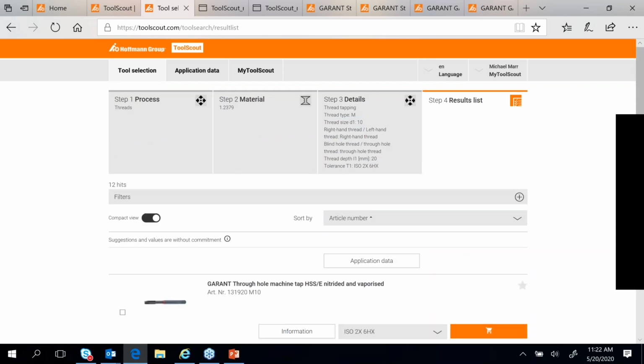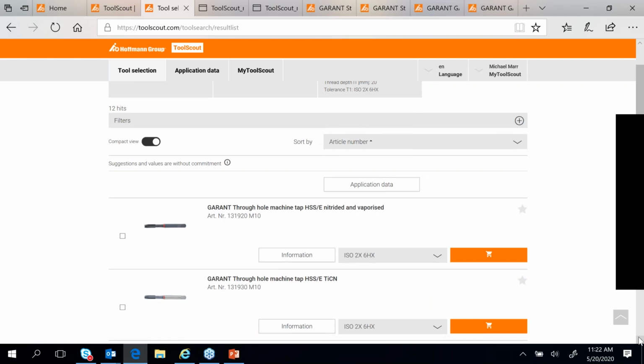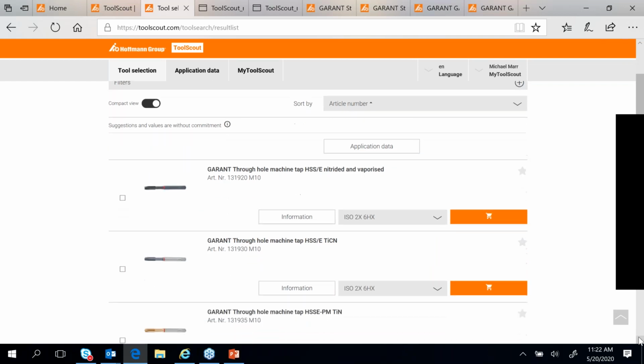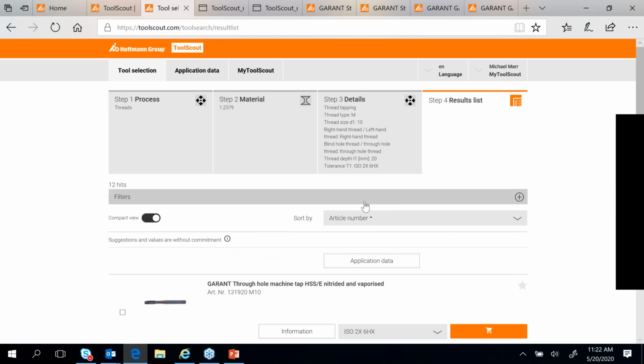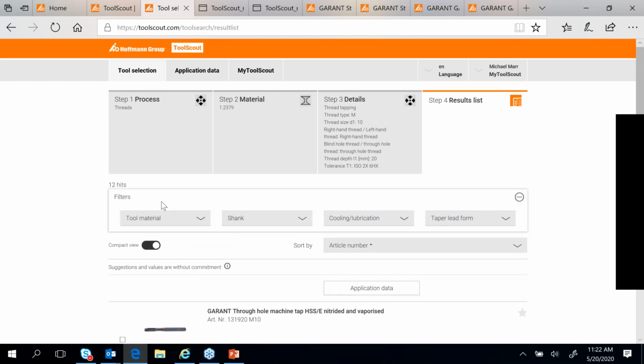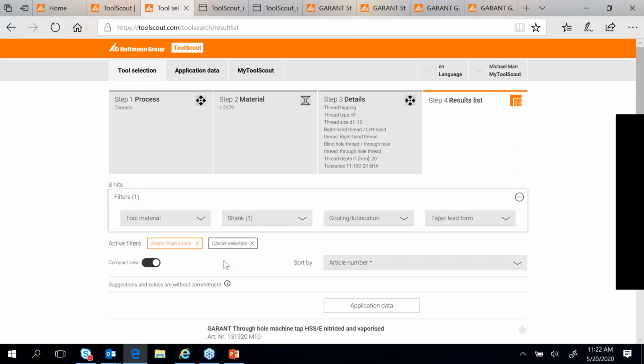Typically you see this call out on more difficult to machine materials like D2. So now we've got 12 hits on a tap, and again we have a filter bar here that we can use to filter. So the job, again going back to the hats that we're wearing, the maintenance guy is looking for just taps with a plain shank,